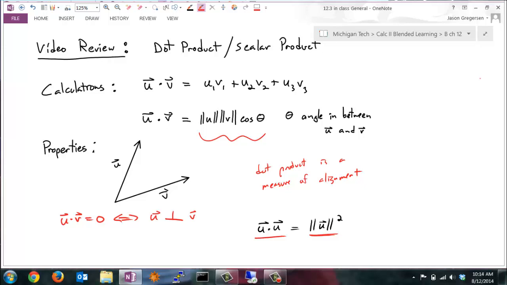I don't know. I can draw them in 2 dimensions. I can draw them in 3 dimensions. Here's my vector in 3 dimensions. But what does a vector look like in 4 dimensions? I have no idea what that even means visually. But this formula says I don't care what it means visually. I just take the product of their components and add them up. How does that property still apply if you can't prove that